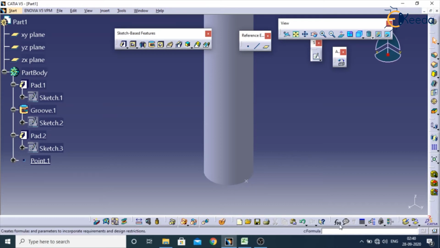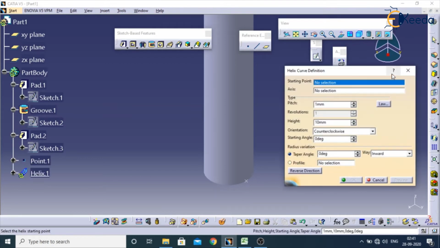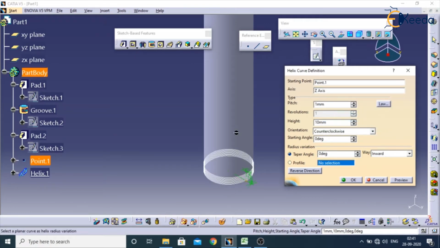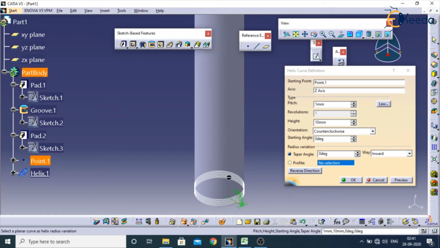Now we have to type here c:\helix. Starting point, we need to select this particular point. Axis, right click, Z axis, because we need it in vertical direction. Pitch I am giving some 8.